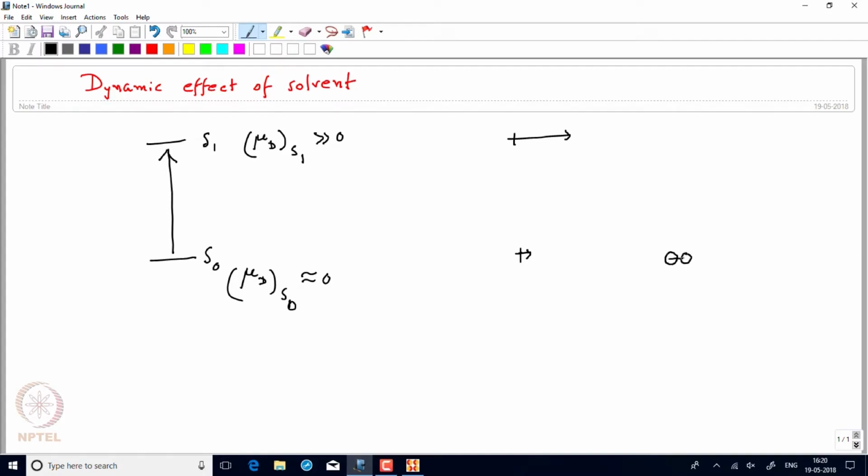Suppose I have two ends in the molecule where I have small positive and negative charges separated by a small distance, and in the excited state I have a huge change in the dipole moment. So you can use a similar notation. I have delta minus and delta plus, and in the excited state the situation is something like this: delta plus and delta minus. Now I see that there is a big change in the excited state. There is a huge dipole created, and suppose momentarily when the dipole was created at time 0, which is very fast because it is an electronic transition,